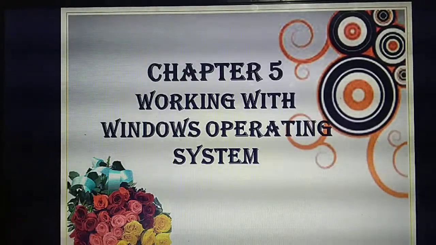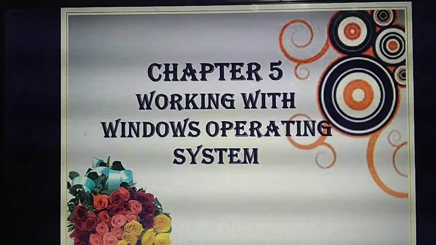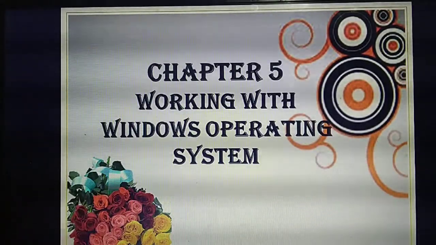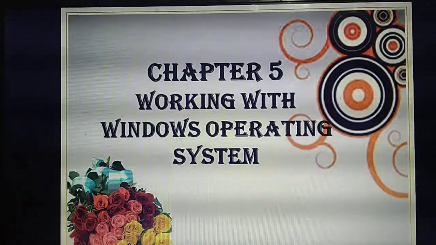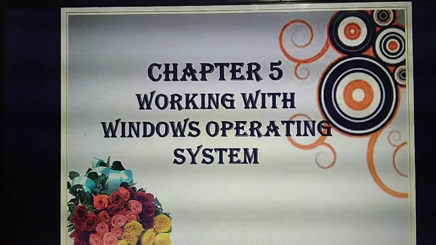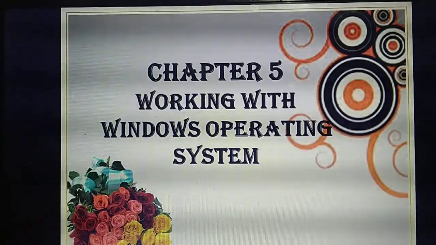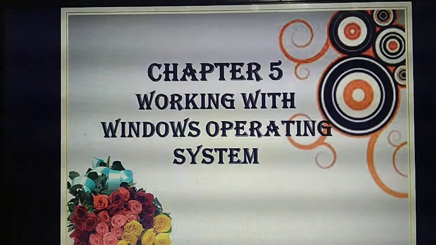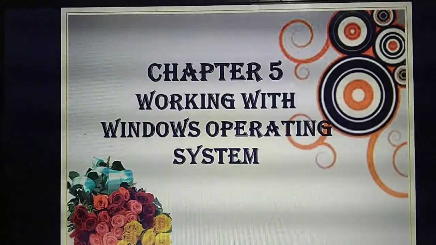Then elements of a window, a very important thing. In a window, what are the things that will be there? Title bar. Next to the title bar, menu bar. Then tools bar, scroll bar, Windows control button, corners, borders, etc. So these are the things we have discussed yesterday, isn't it?